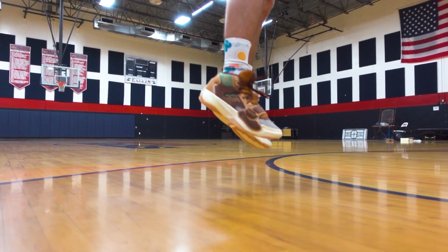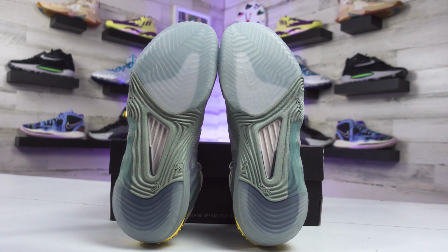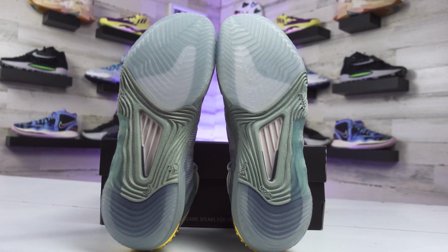And the grooves are pretty thick, so I feel like they will last a while. The durability shouldn't be bad, but I wouldn't be super quick to use these outdoors, just depending on how your foot responds to that cushioning setup. But now looking at the Kawhi 2s, these are going to have close to a herringbone setup in the front pattern,